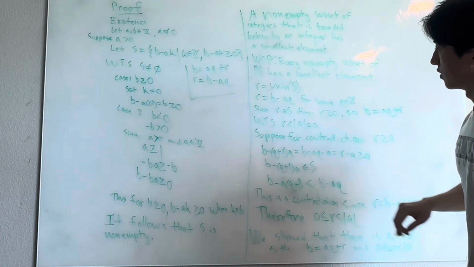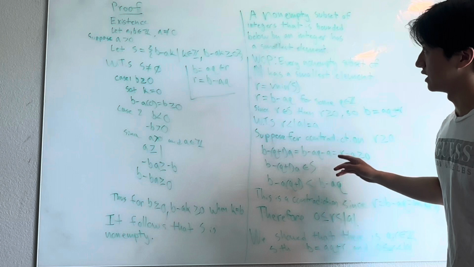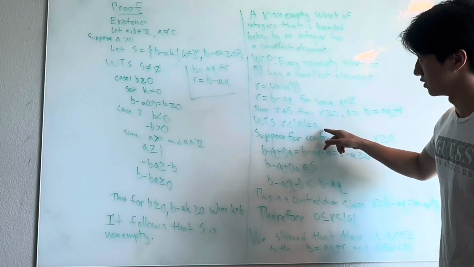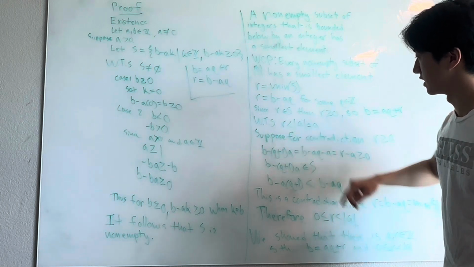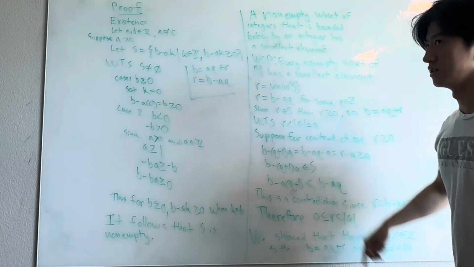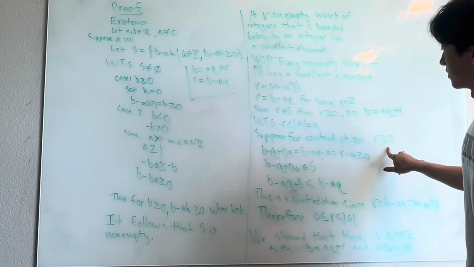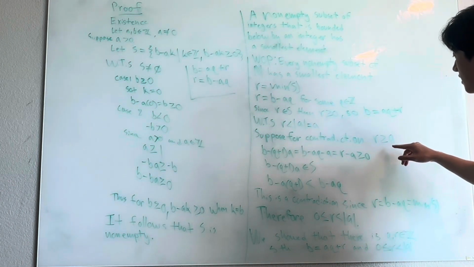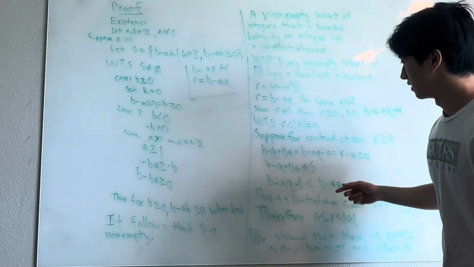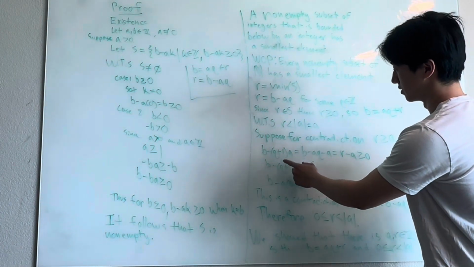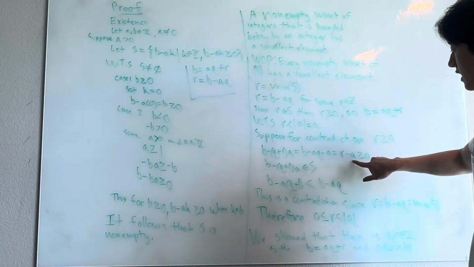And now we want to show that r is less than the absolute value of a. Since a is greater than 0, we can just show that r is less than a. Now we're going to suppose for contradiction that r is greater than or equal to a, and we're going to consider b minus (q plus 1) times a, and this is equal to r minus a, which we know